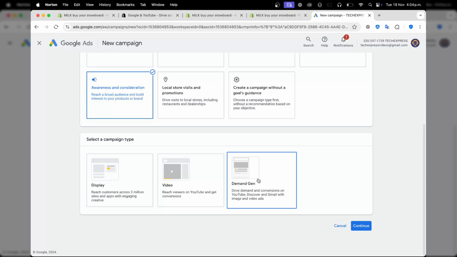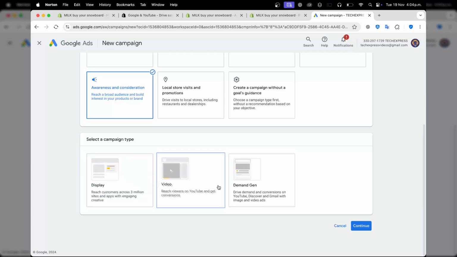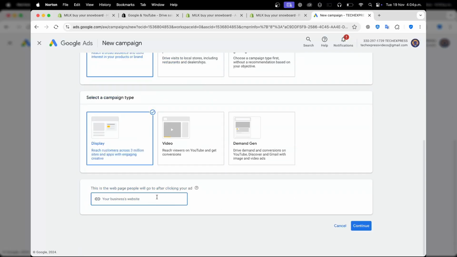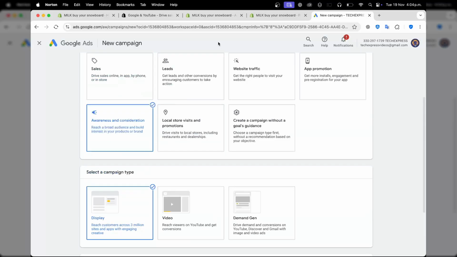I don't use this option because I think it sounds a lot like spam, and I don't want people to think that. I want people to check out the image of my products and click on them. Depending on what your category is, you might choose one of those. In this case, choose display. Now this is the web page people go to after clicking on my ad. Since I wanted to build awareness and consideration, and not on a specific product,